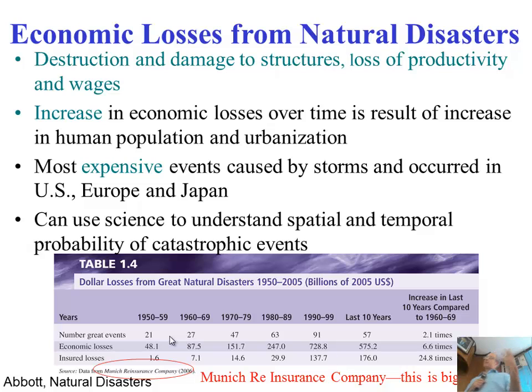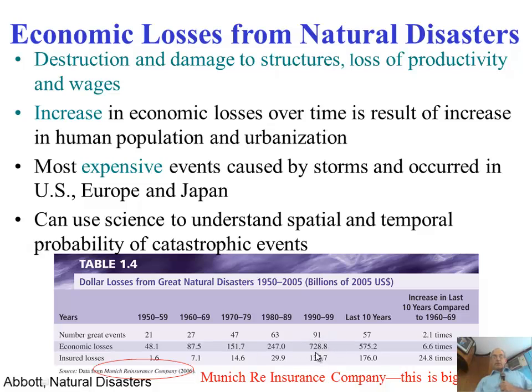Then the other thing, of course, besides the people, is the economic losses. And Indonesia is a growing, developing country, becoming more important globally, economically, but earthquakes and other natural disasters are expensive. And so we see, for example, loss of the infrastructure, but also productivity. People can't work. And this figure here shows a number of events over time and economic losses,